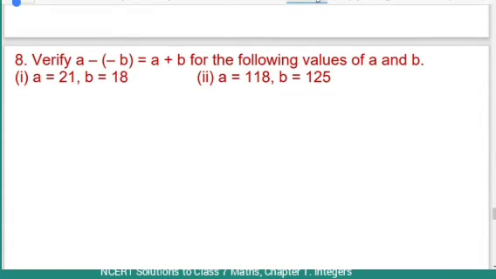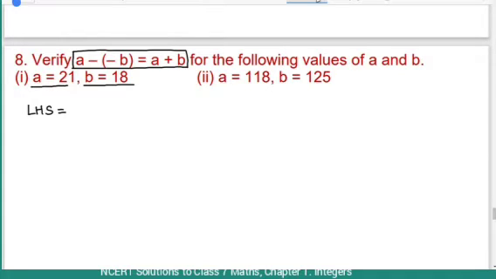8th question. Verify a minus of minus b is equal to a plus b for the following values of a and b. First one, it is given as a is equal to 21 and b is equal to 18. Here we have to verify a minus of minus b is equal to a plus b. So first I will take LHS, that is